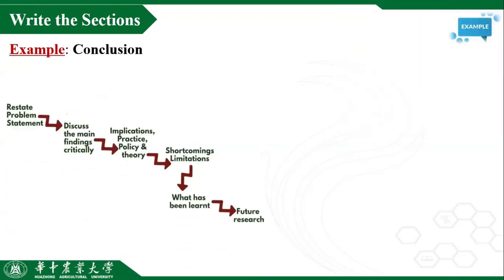Here is the structure and steps to write the conclusion, as I just mentioned. First, state the problem in one sentence, then discuss the main findings, then the implications and why your paper is important, and finally the limitations